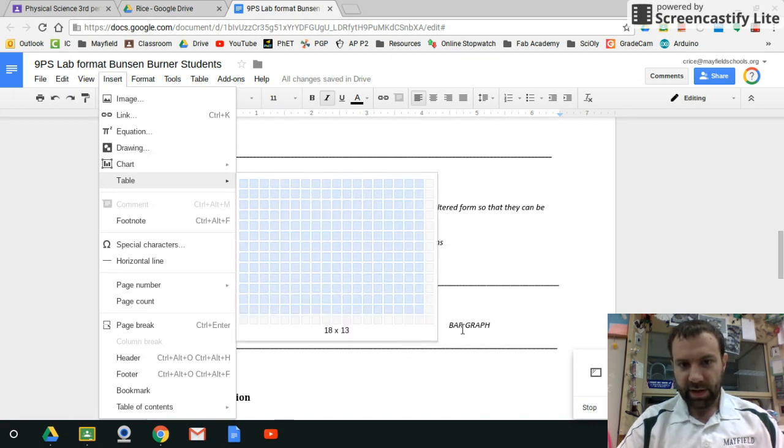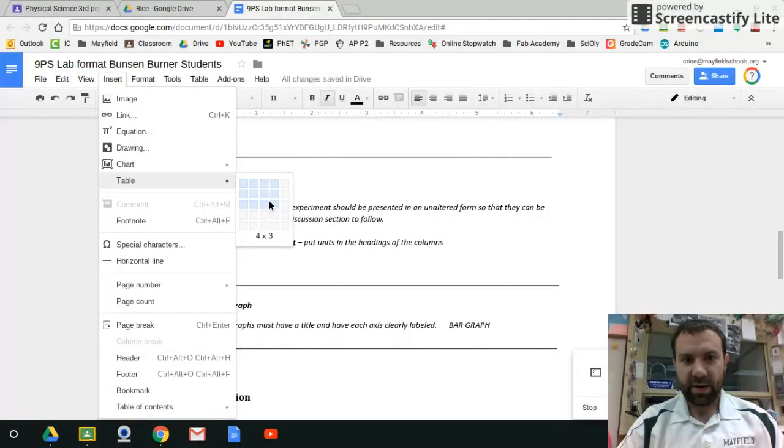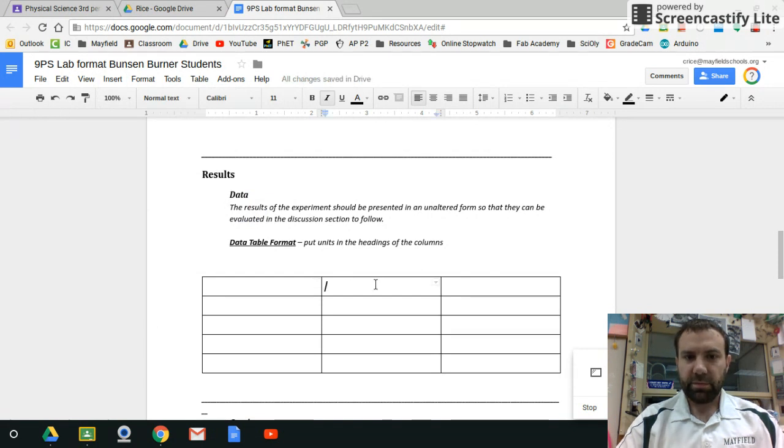I can go to insert like this and insert a table, and then there's lots of options here. This lets me select how many columns and rows I want to have, and I can really get big if I feel like it. But for right now, I want to have enough for a heading, qualitative, quantitative, and then I want to make sure that I can get, I'll go with 3 by 5. That seems good. So what I want to do here is say this is my quantitative, and then this would be my